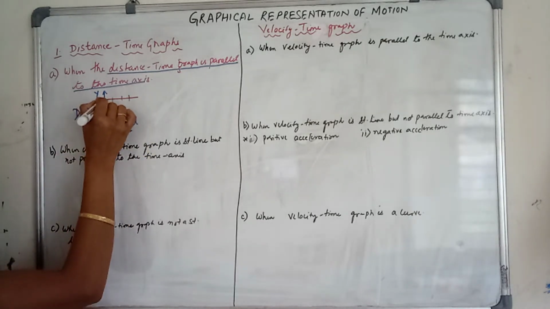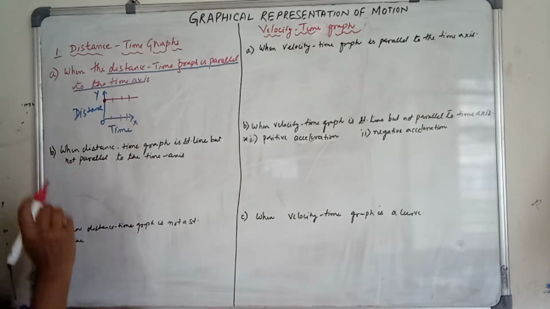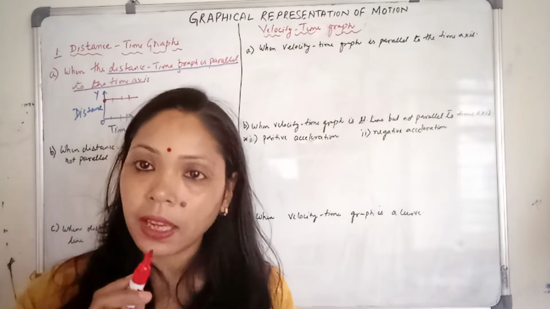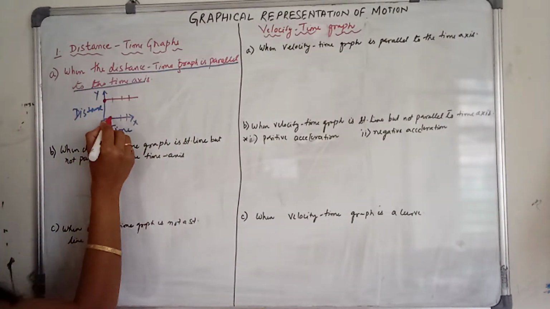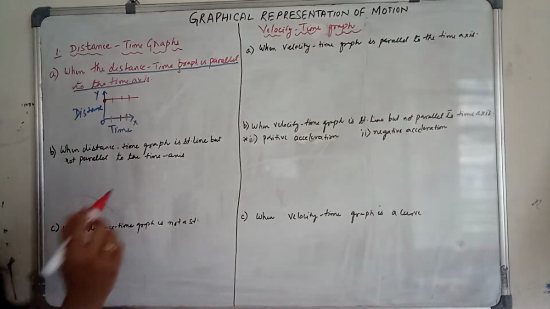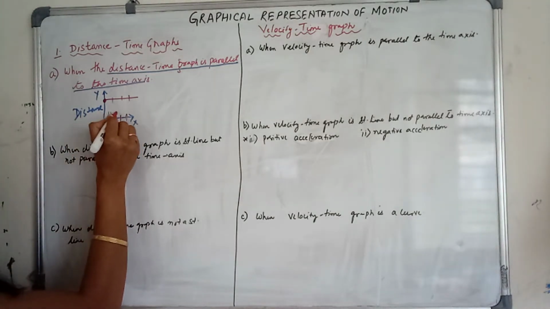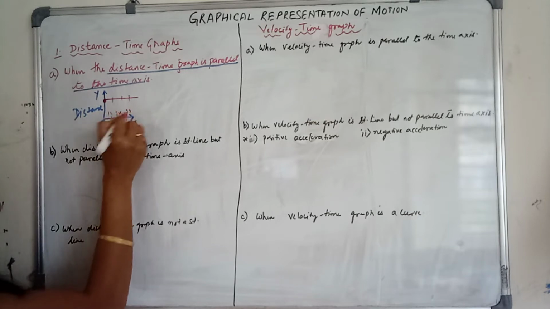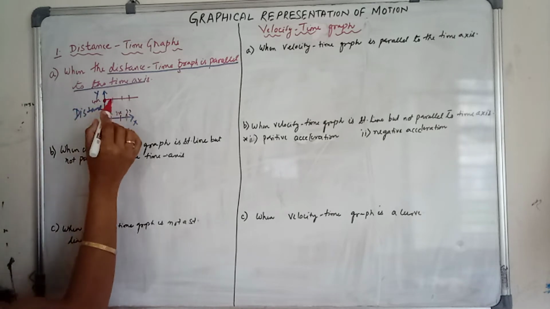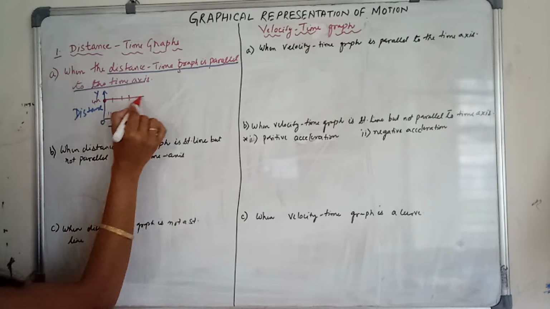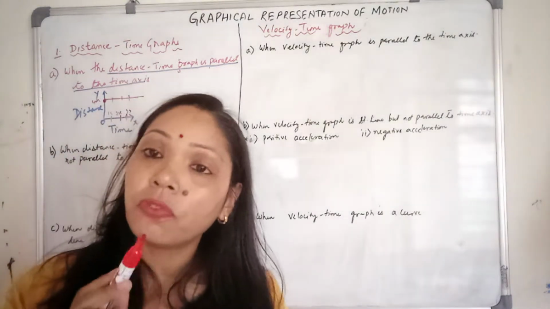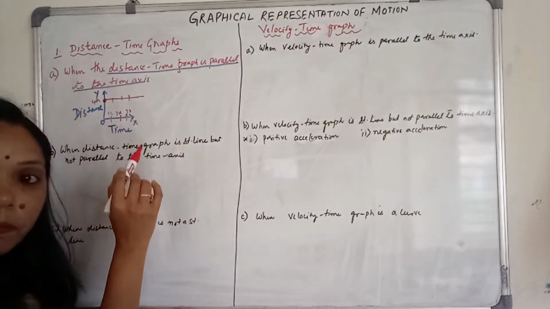Now distance you are getting from this dot. So if you see, for the 3 marks, the dot will be the same. But for the time axis, the 3 dots represent 3 different times. Like here, suppose 1 second, this is for 2 seconds, this is for 3 seconds. And suppose this one is for 4 meters. Now see, if the line is parallel to the time axis, the 4 meters is the same for all the 3 times.